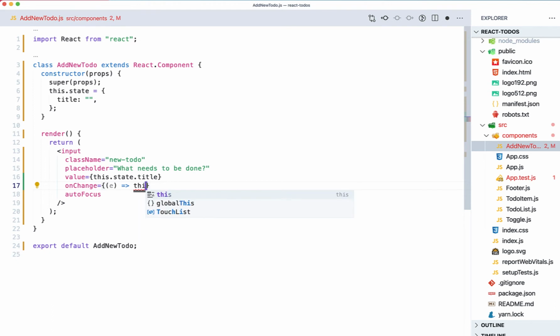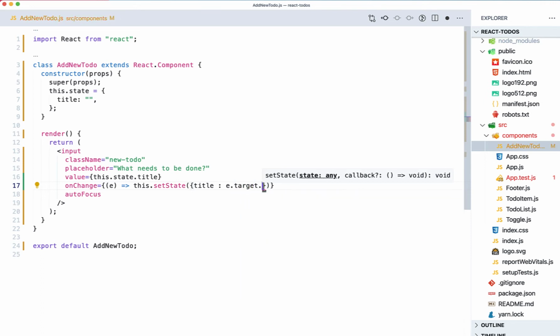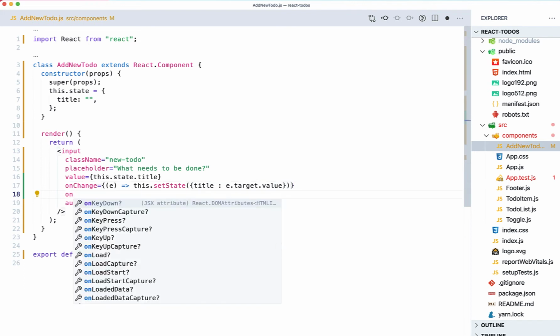Okay, so I hope that makes sense. So if I say this.setState, and I will say title is equal to event.target.value,